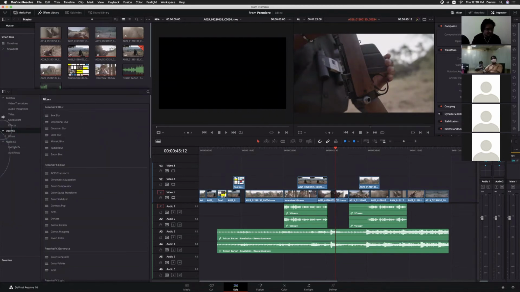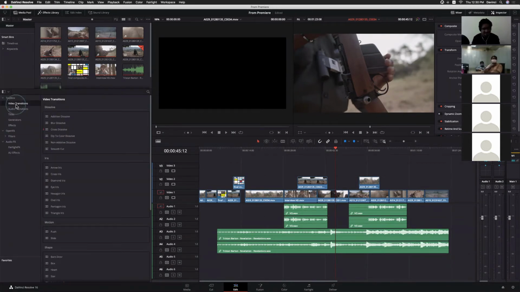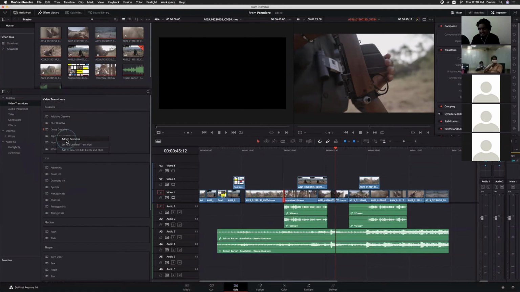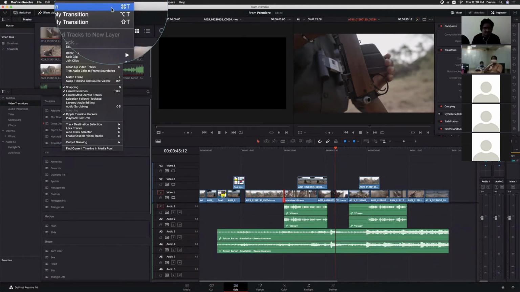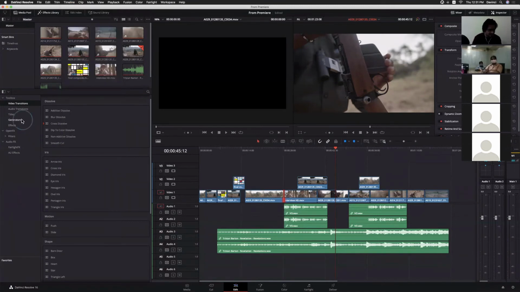So, video transitions, do we need to discuss transitions? No, sir, not necessary, right? It's the same thing. By right clicking on the cross dissolve you can make it a favorite. You can customize a transition and make it a favorite. It's the same thing as in any other application. And we do have individual transition options also, Command T, Option T, for audio transitions and video transitions and everything, right?